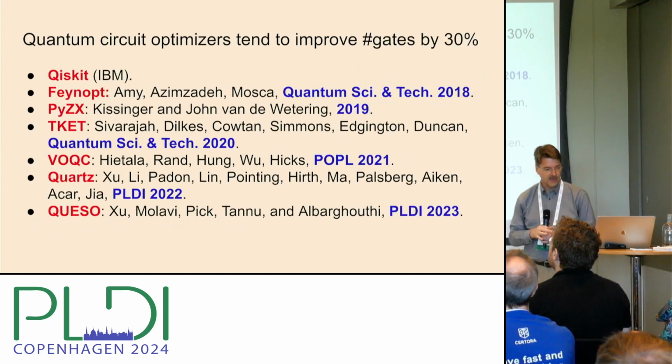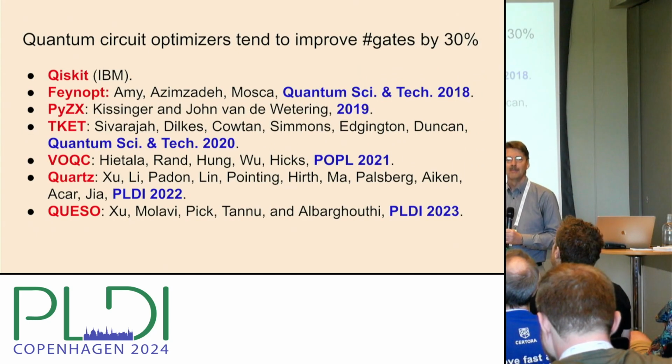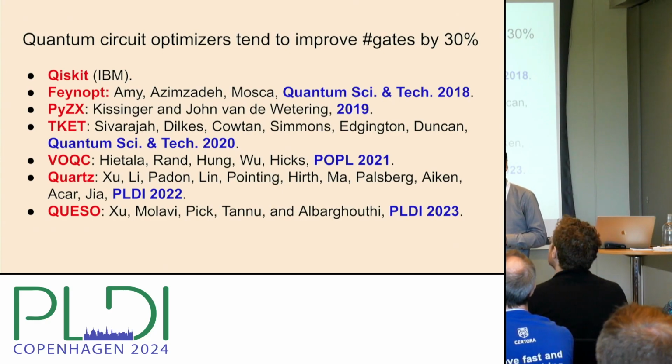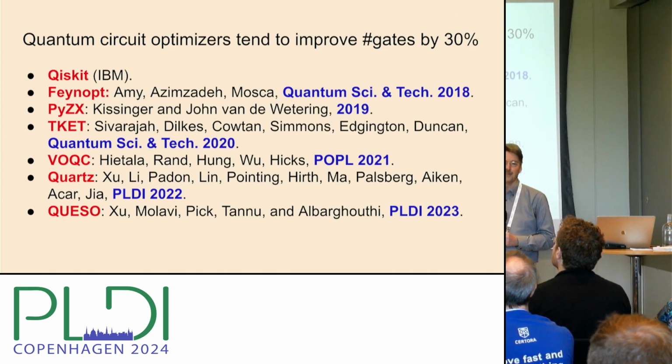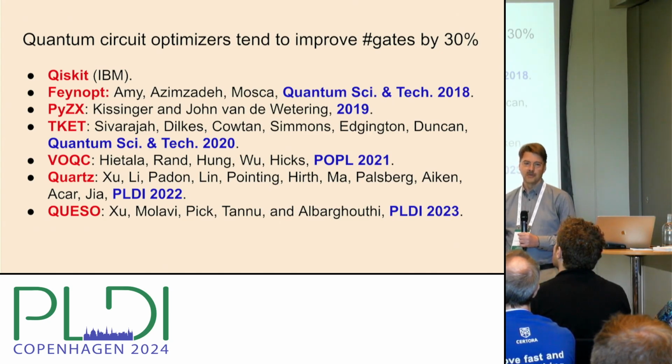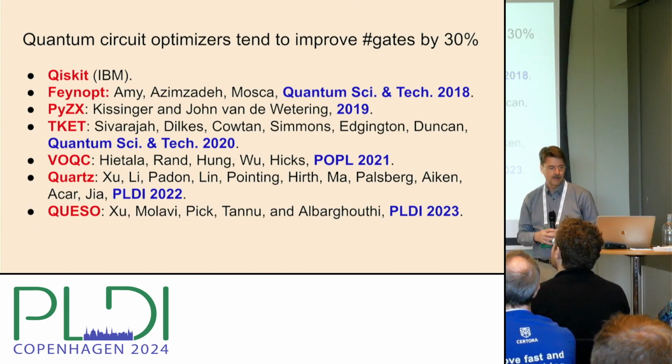So then we can say, okay, maybe this thing with the depth is too hard. Maybe we should just go to number of gates. And in particular, as I said, the 2-qubit gates are 10 times more unreliable than the 1-qubit gates on current quantum computers. So it would make sense to focus on minimizing the number of 2-qubit gates. And there are lots of